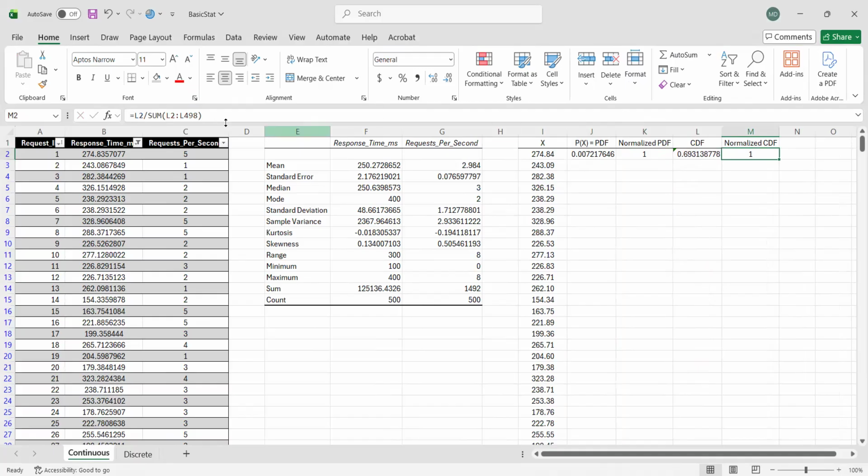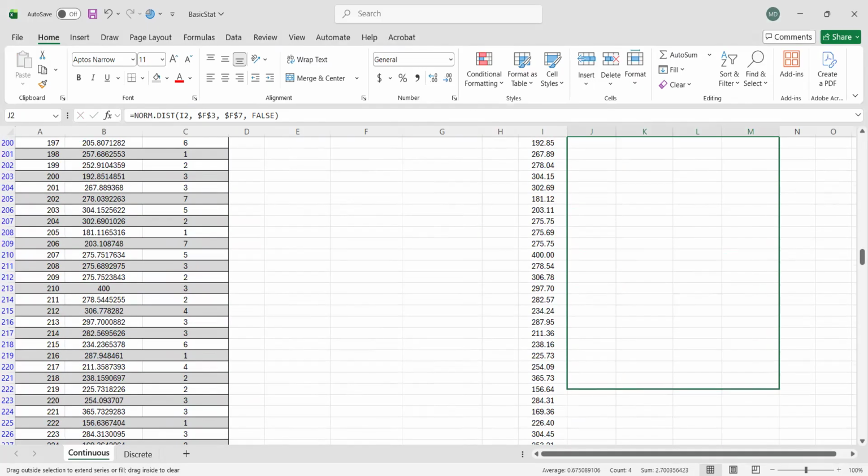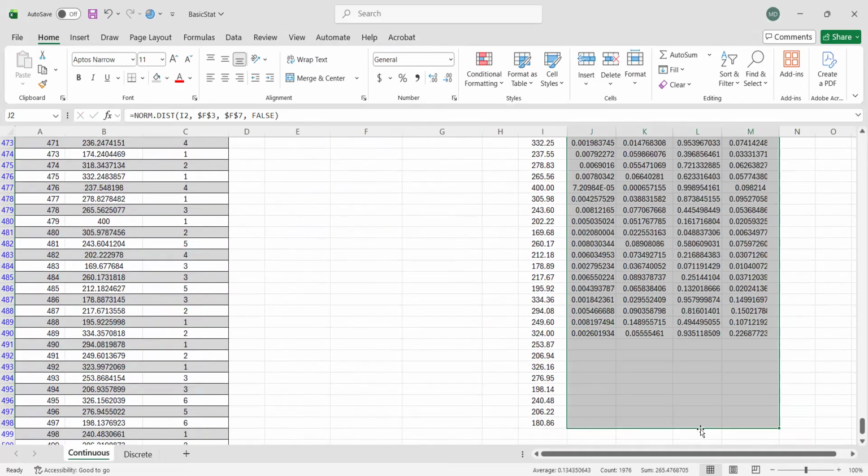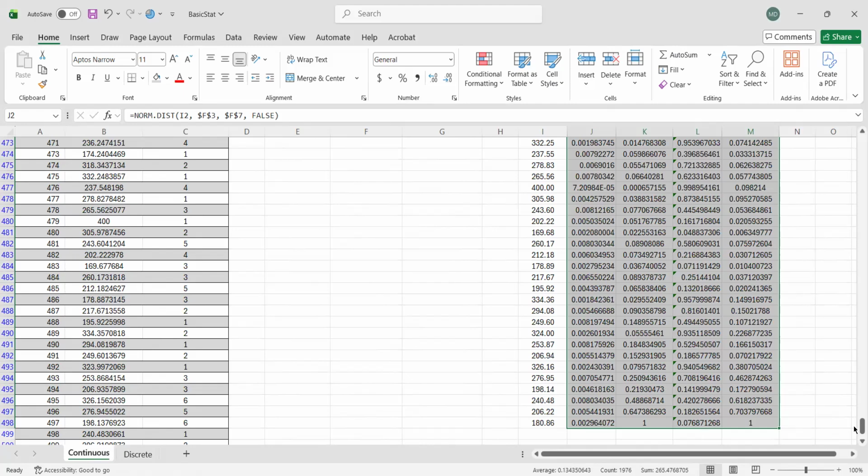Enter, and still it's also one. Now, for the other rows, just select the first one and then highlight until the bottom. And voila, we have our values.